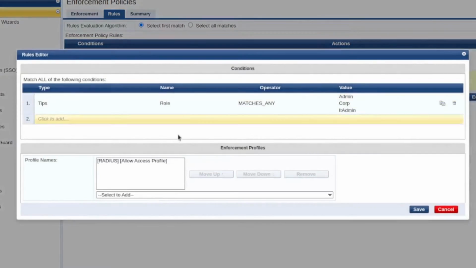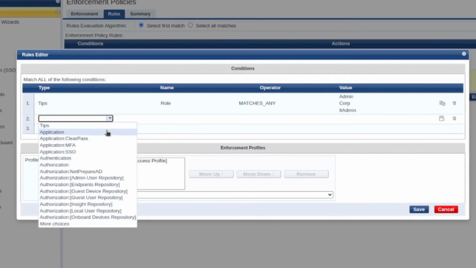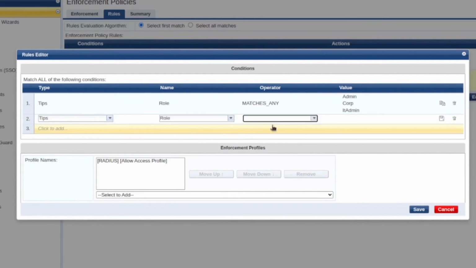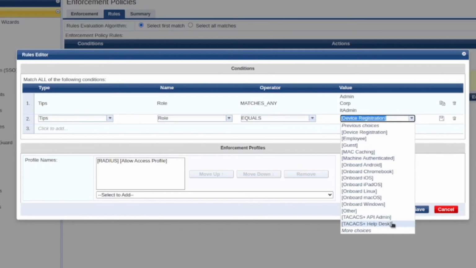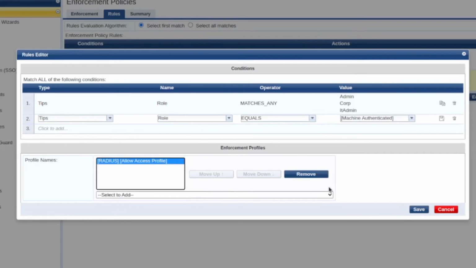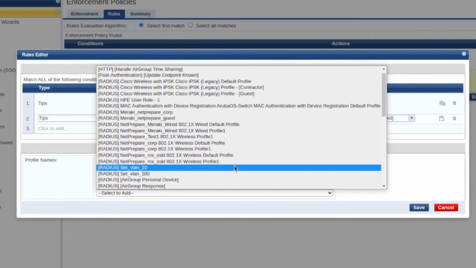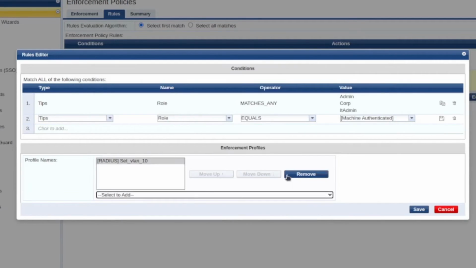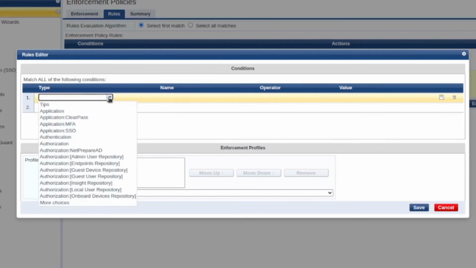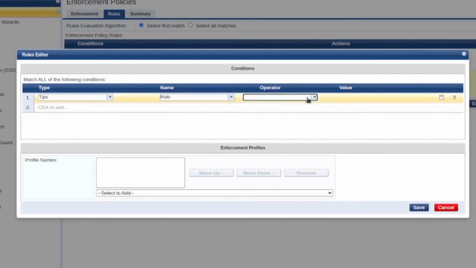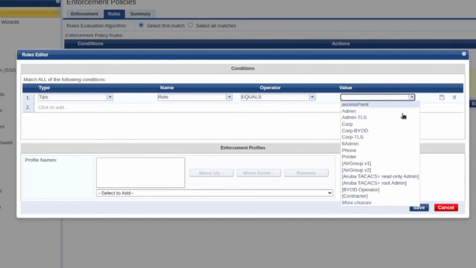So let's create another rule here, specifying also, if you are equal to machine auth, what we're gonna do is put you in VLAN 10. All right, save. And what we could do also, let's specify another rule. I don't know. So let's do tip role equal